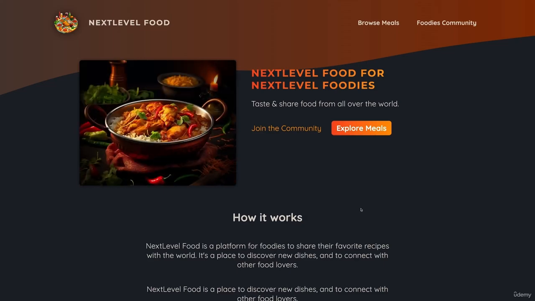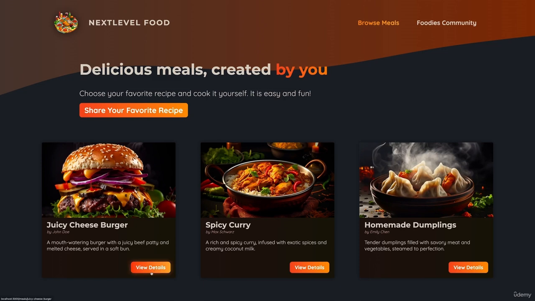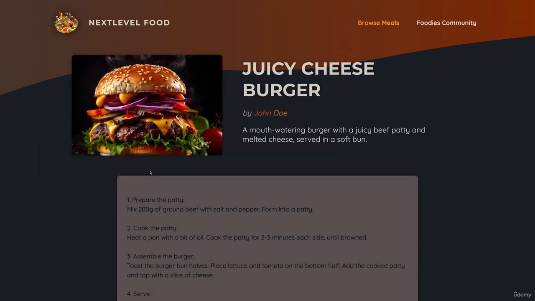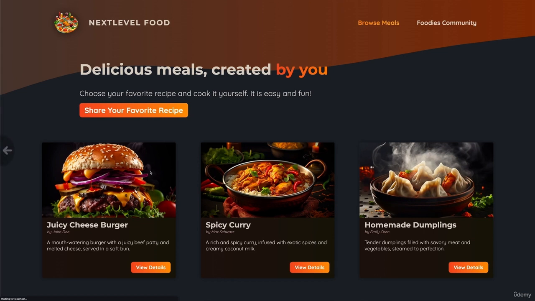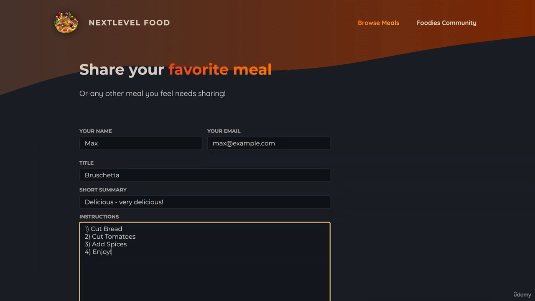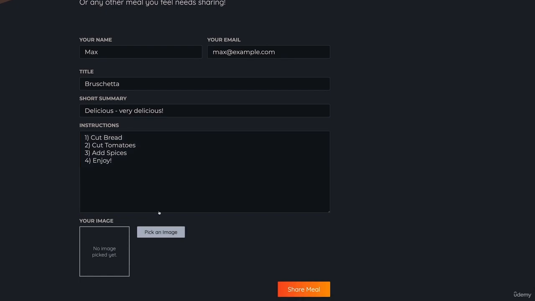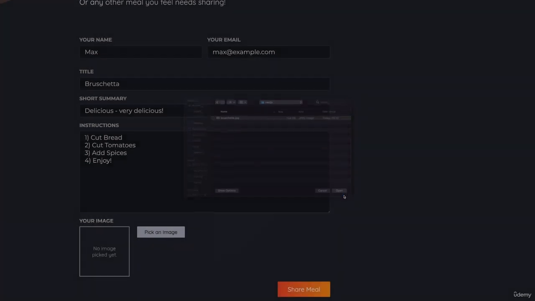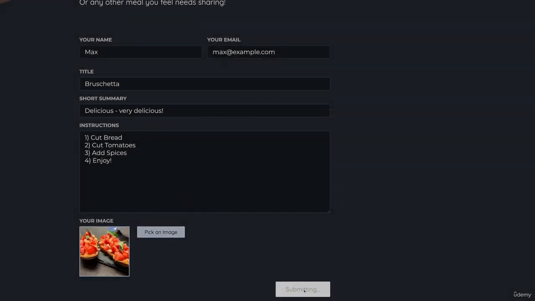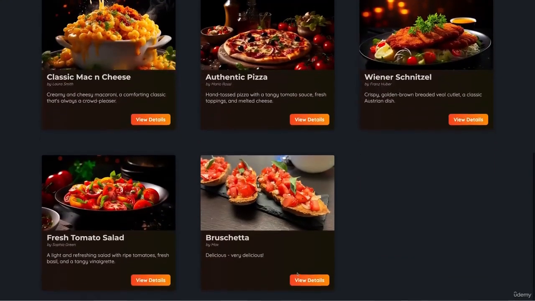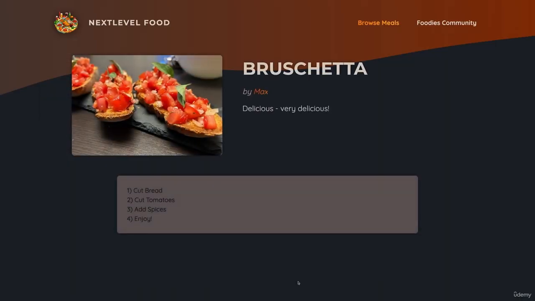In this section, we'll build this demo project where we'll work on a fictional food lover community where you can browse meals and share meals with other community members. And whilst building this application, we'll explore the core NextJS concepts you must know no matter on which NextJS project